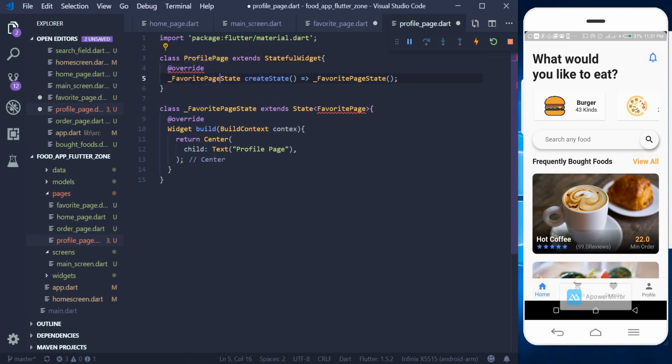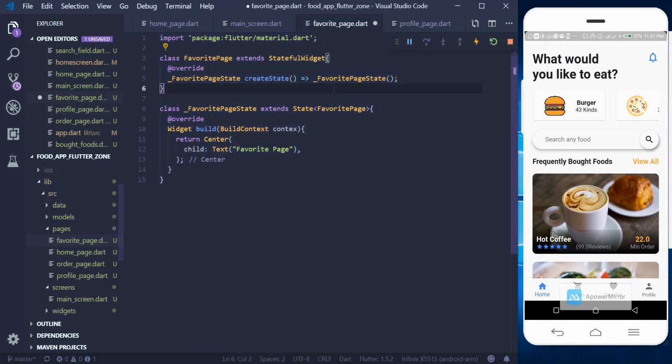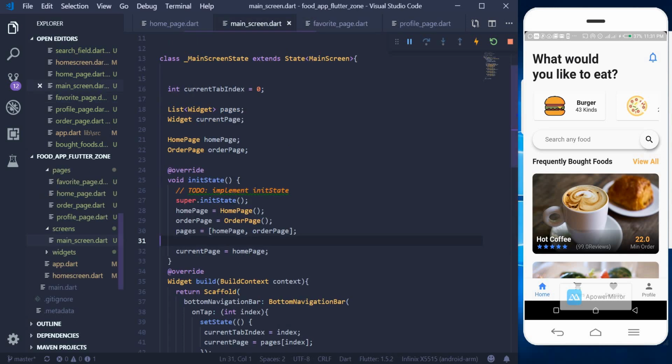And then we have to also change this one, and then let's copy this code here again and then paste it here and paste it here also, and then we can change this one to profile page here. Okay, so I think we have all changes,